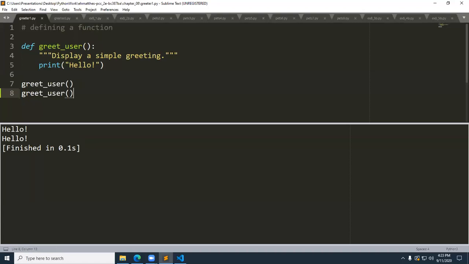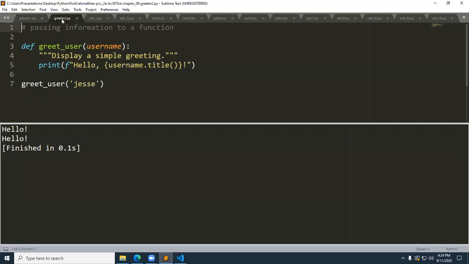Okay, so we have two important things we're looking at here. The function definition is indented, and the first line terminates in a colon. Then we have indentation, and then we've got the function call. Without the function call, nothing would happen, right? Nothing would happen. All right, so let's go on to our next example, which is going to give us some